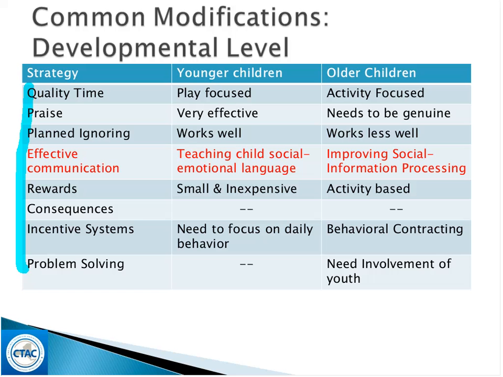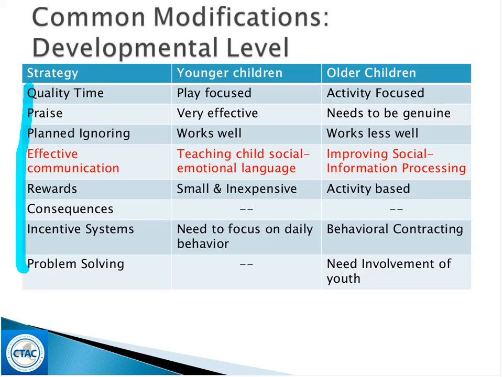If a child starts crying because they can't figure out a puzzle and they begin to get more upset, a parent can work with a therapist to learn social emotional coaching skills and state something like this to a child. It looks like you're feeling frustrated because you're having a difficult time finishing your puzzle. One thing you can do is ask for help. This is a way to identify and label the emotion accurately, connect the emotion to a trigger, and provide a solution. And these are important skills for young children in general, but particularly for kids with disruptive behavior disorders.